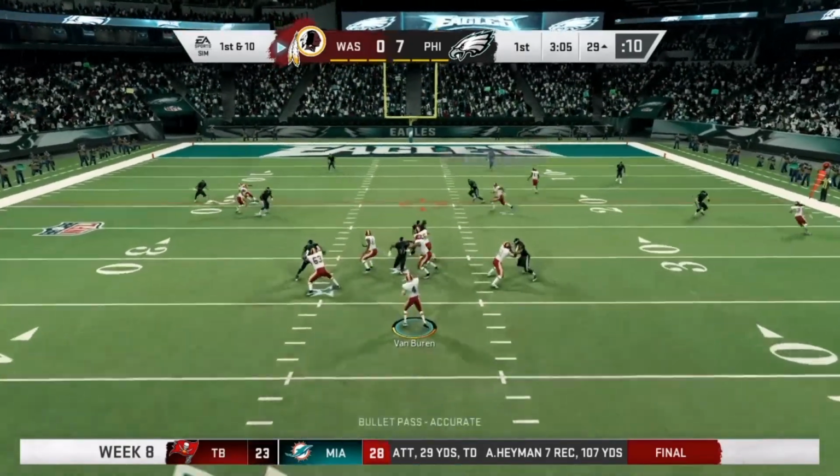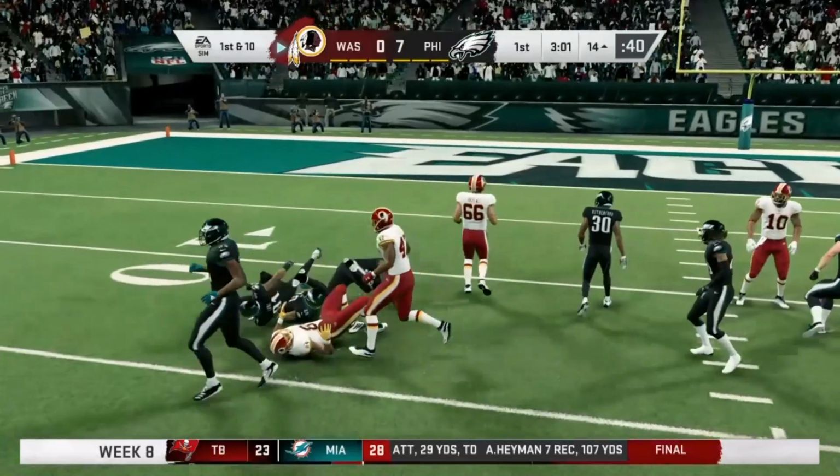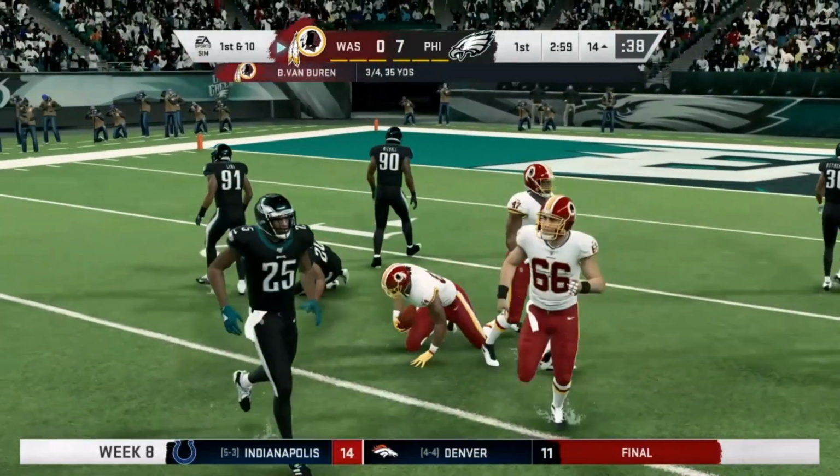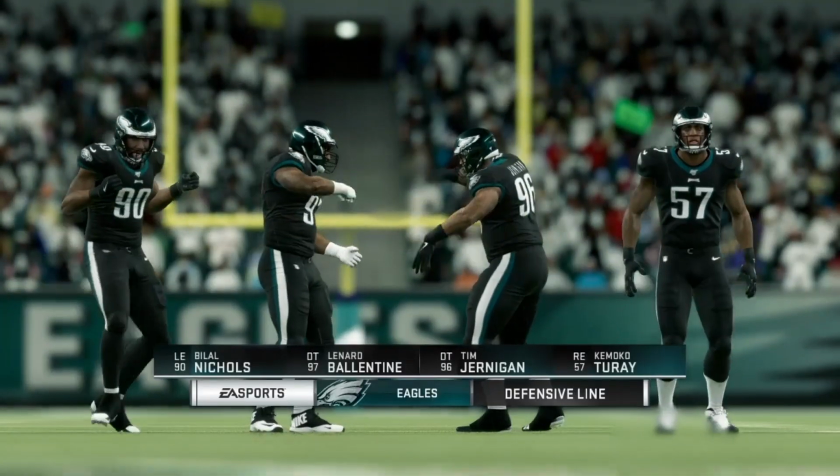Now Van Buren in the gun all alone. No running back. It's Keon Gregory again. Stiff-arming, breaking a tackle, and getting to the 14-yard line, and another Redskin first down as we take a look